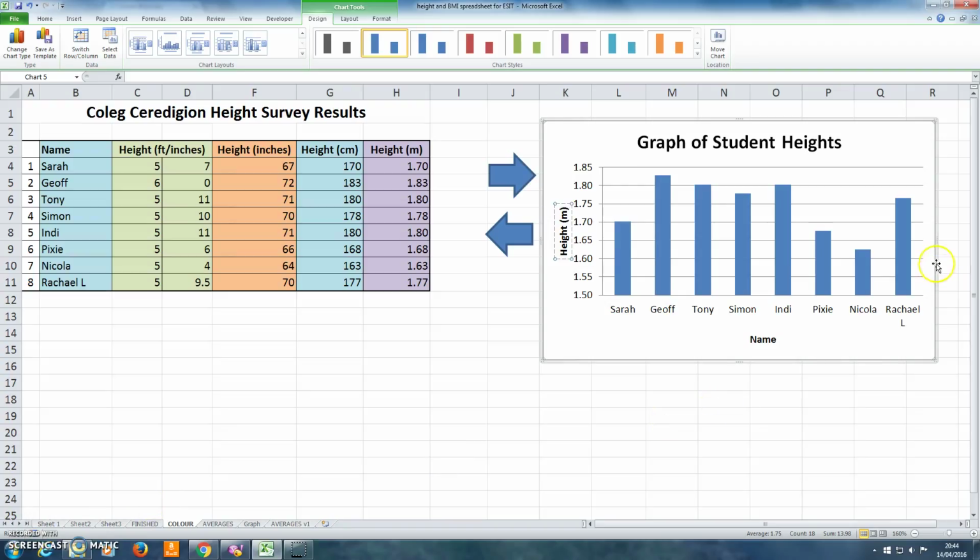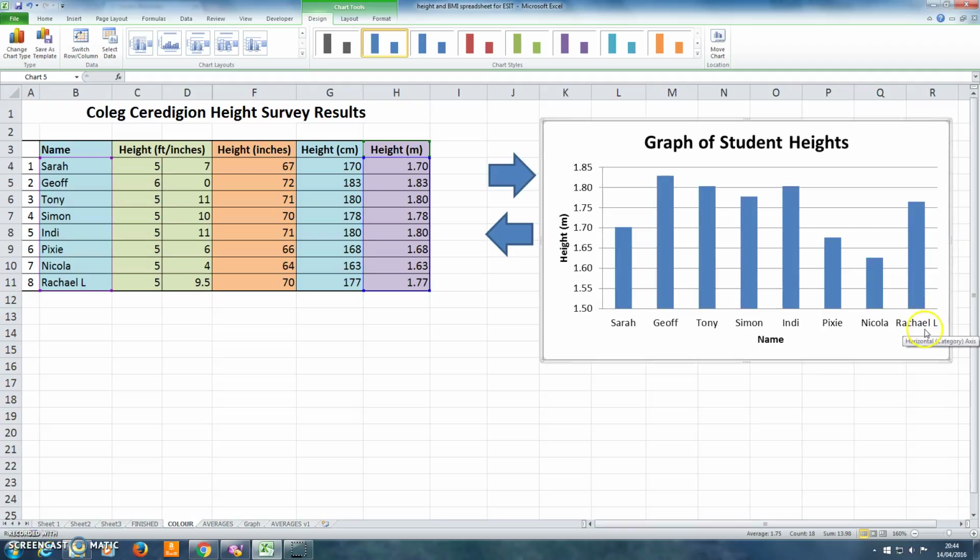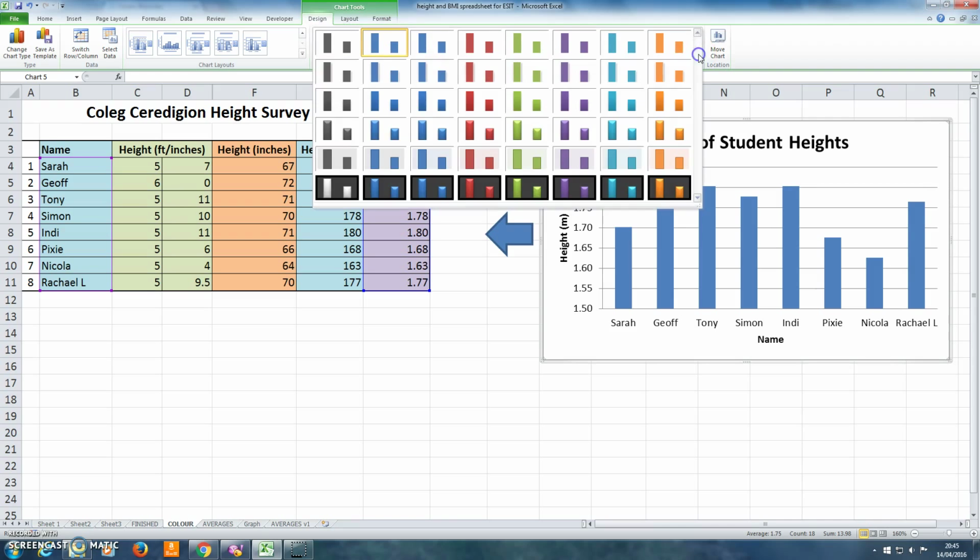As I say, if you're doing level 2, I'll just make it a little bit wider so you can see all the names there. Rachel L. was a little bit untidy there. For level 1, that's good enough, and in a second we're going to go ahead and paste that into a Word document. For level 2, you will have to experiment with more of these different types of graph that we saw earlier. And also in the Design tab of the Chart tools up here, there's a gallery of lots of